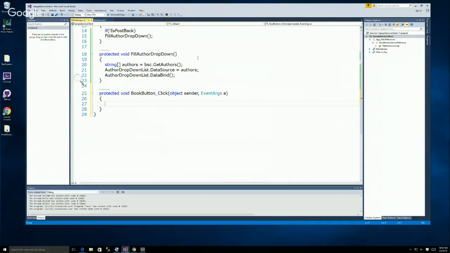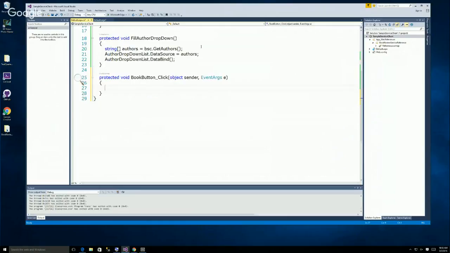What is the name of my service? Book review service reference. Right? So when I apply it, it's right at the top. And generally, I can see any class that is either part of the data reference or that I said I was going to return. So I'm going to do book light, and I'm going to create an array of that, right? Equals BSC dot